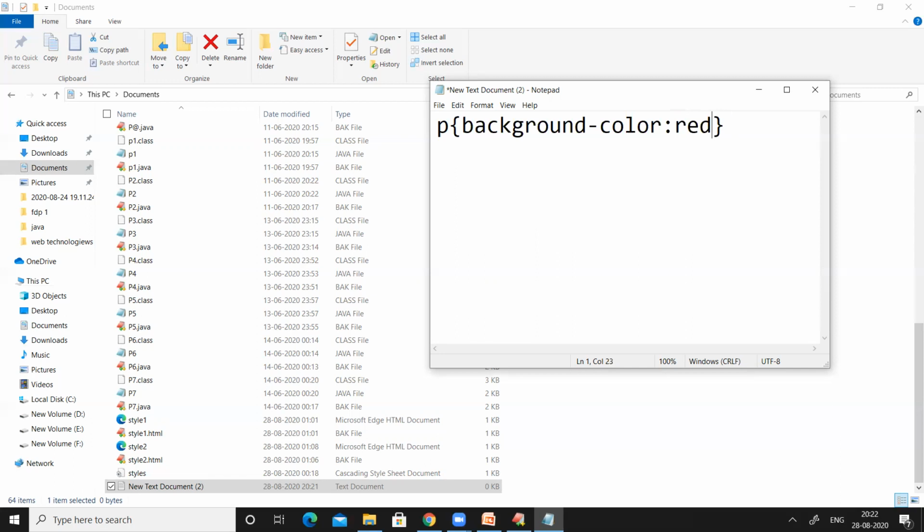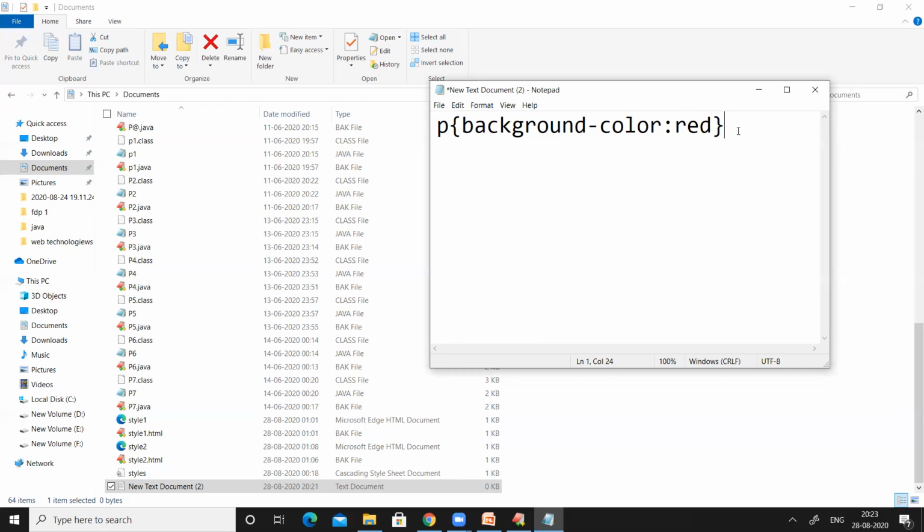And this is my cascading style sheet code, right? I am only applying style to paragraph only. I'm not concentrating on any other thing. Later I will add some more code to the CSS.